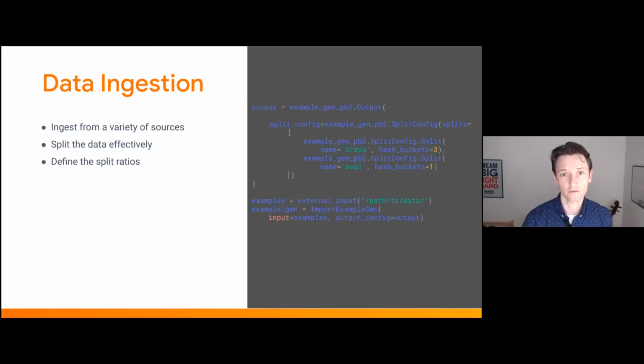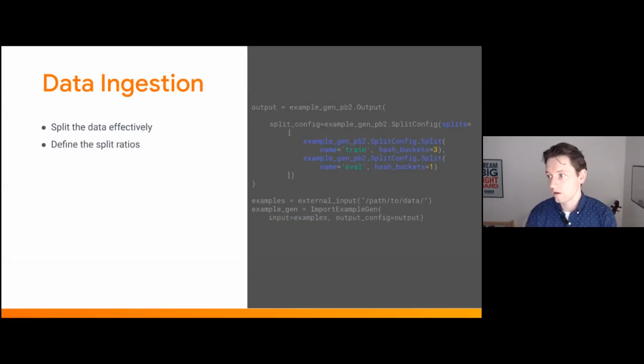Just to show a little bit of code here, we basically define the individual components as Python code. So here in this particular case, we define a data set or an input generation component. And we say that the data which is being imported here, we split that data 3-to-1, so a quarter goes into our validation set and three quarters go into the training set. And then we have a variety of components. In this case, we ingest from a TFRecord component, so we can ingest TFRecord files, but there's a variety of opportunities to ingest data from.